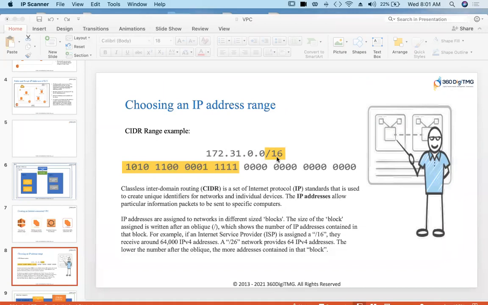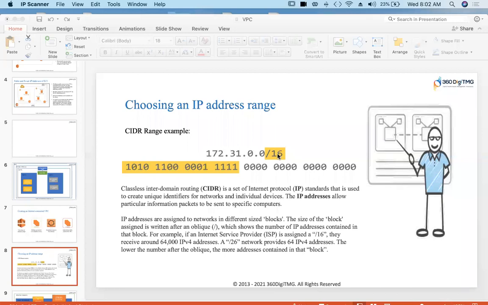This provides the range. When we say network, not a single device will connect to the network. There might be 10 devices. If it is an organization, you need 100 or 150 devices connecting to the network. If it is a bigger organization, there will be thousands of devices connecting to the network. So your network CIDR range should be able to allot IP addresses to all of those devices.